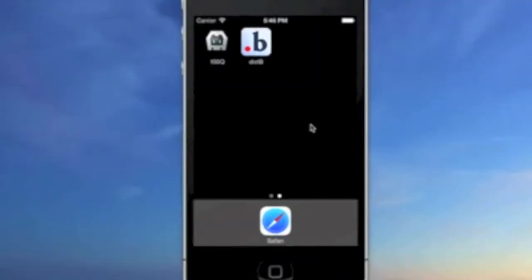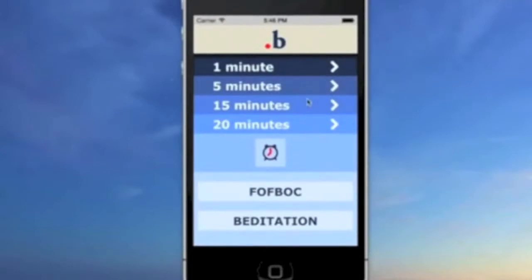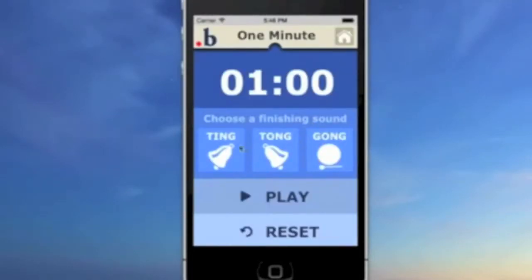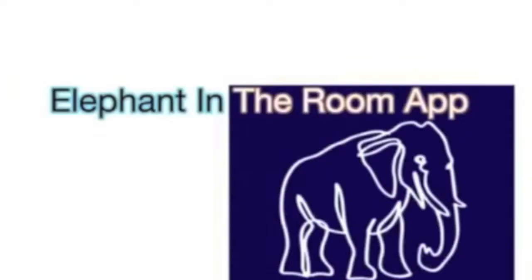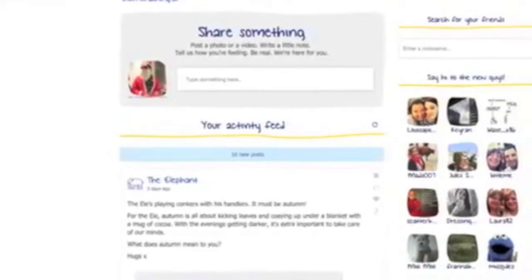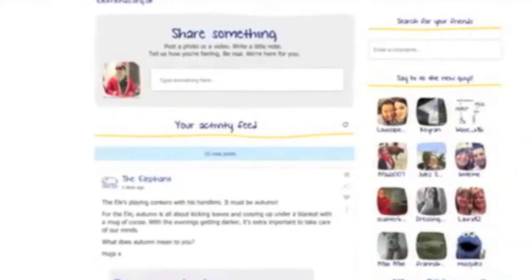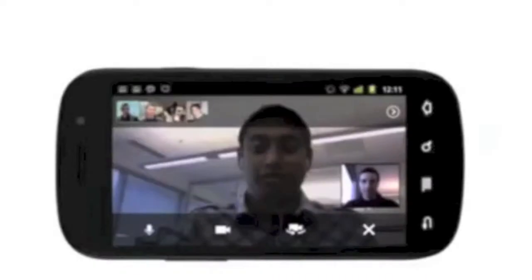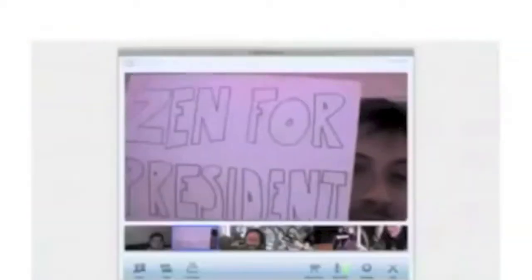This is an app I made for the Mindfulness in Schools project called .b for iPhone and Android devices. It's a timer, and it's also got audio-led therapy. I worked for Mind and helped set up Elephant in the Room app. It's an anonymous board for people to talk about their mental health issues in private. I worked quite closely with Google to help integrate Google Hangouts into it so people could talk to their therapists